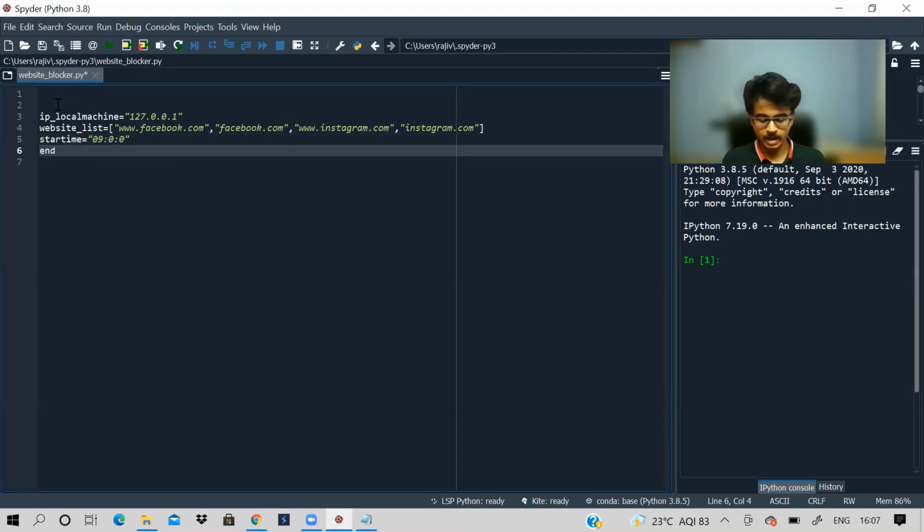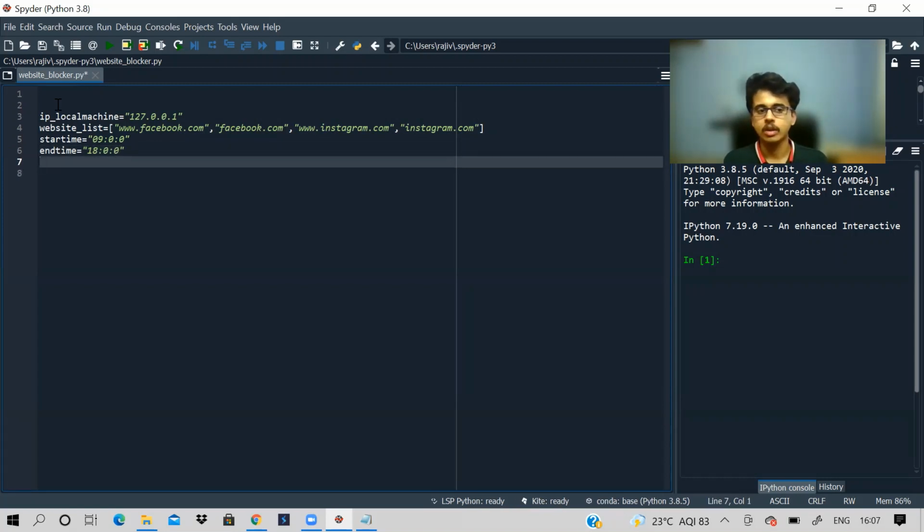And then end time: we work from 9 to what? 6. That is the usual work time, right? I don't think anybody works after that. So 6 is, I guess, 18. Correct.